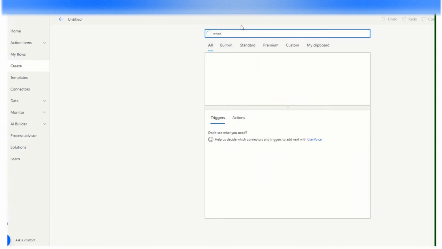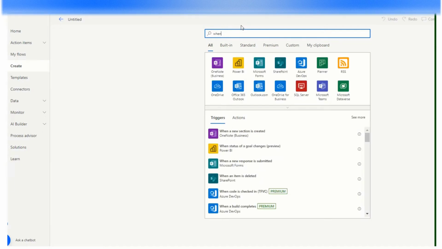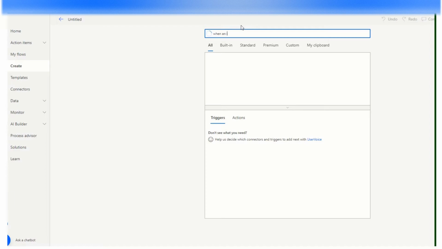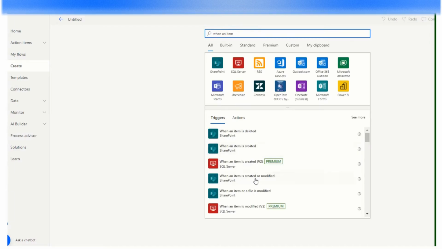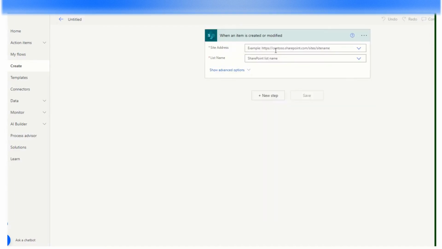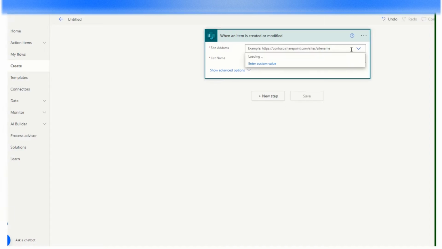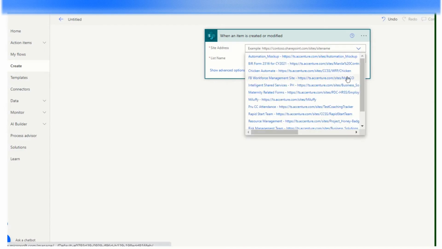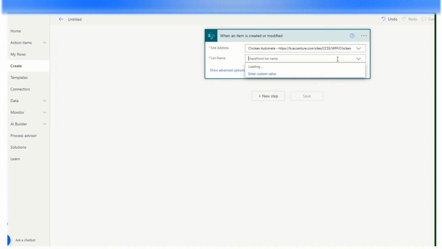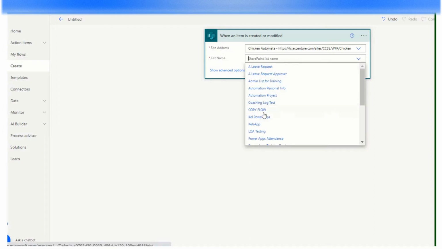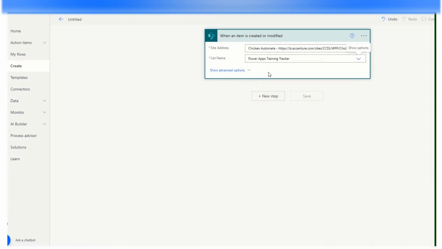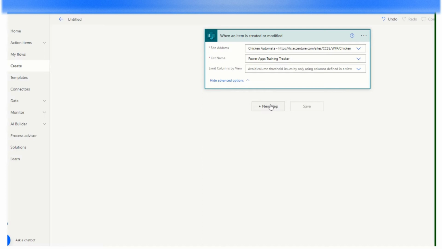When an item is created or modified, and then I will choose my site, and then I will choose my SharePoint list.